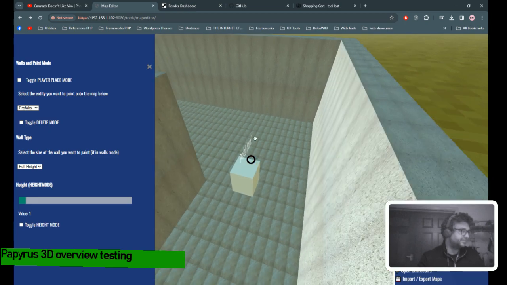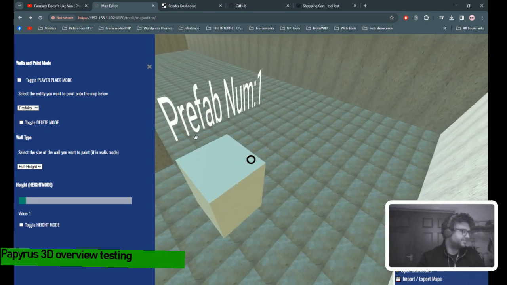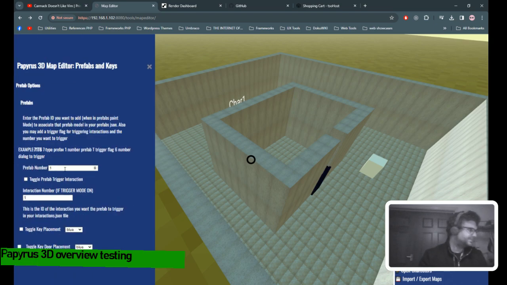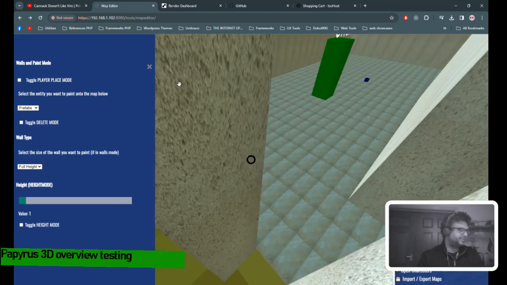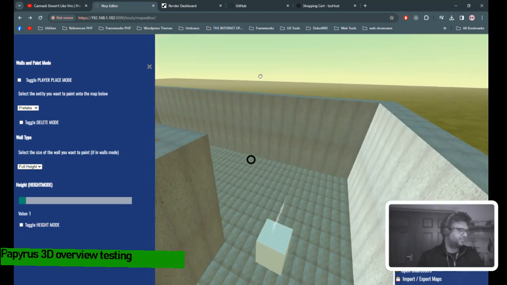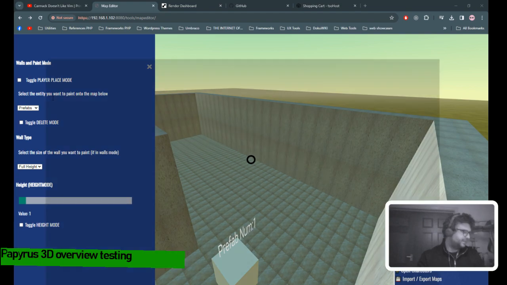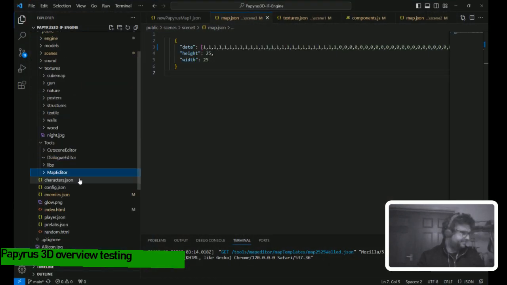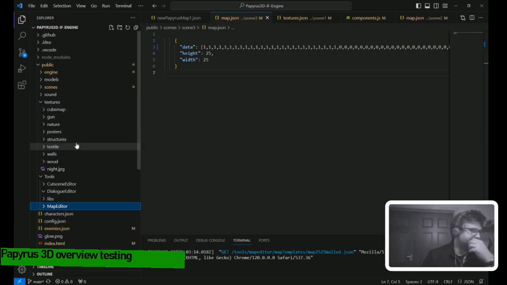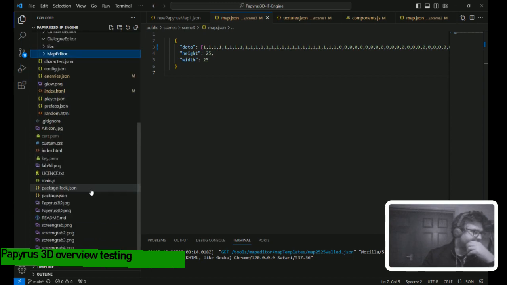There's a prefab selection, so you can have different prefabs. I think we've got 2 prefabs in there, so we can add prefab 1, prefab 2. So prefab 1's there, prefab 2's there, and that's all defined in here. And this should be interesting as well. Basically, I'll go through this a bit, and then I'll try and actually load it in, see if it works.